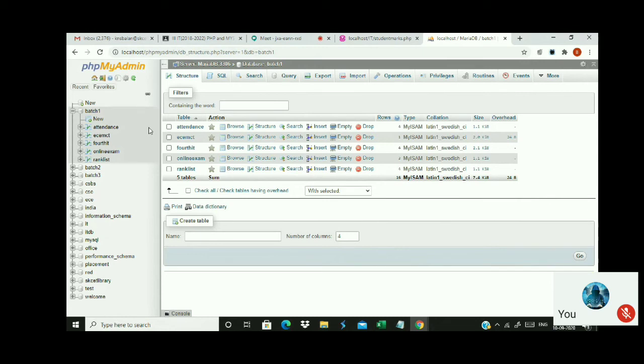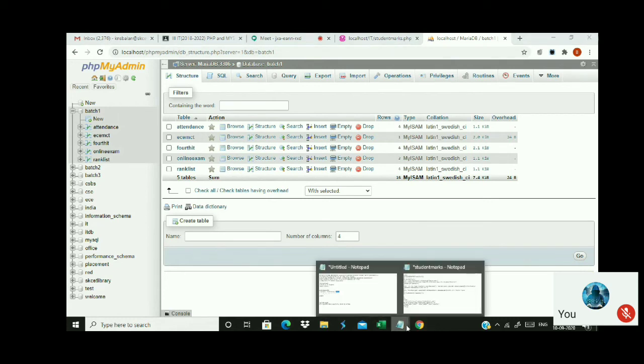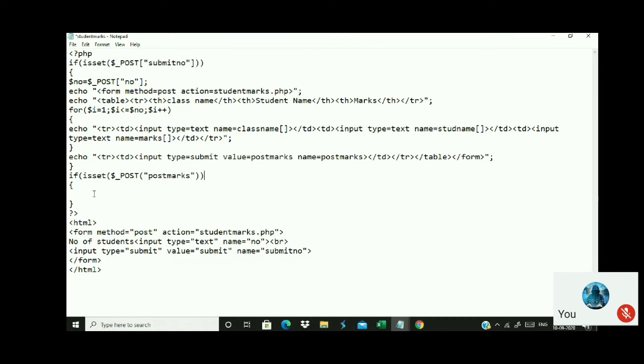So for that, what should I do? I have to verify whether the table is already created or not. If it is already created and you are creating it once again, what will happen? The existing table content will get erased and all the contents will go off. So the table will look fresh. Now that should not happen, isn't it? So what should I do? If the table is already created, I can push the data inside. If the table is not created, then I have to create the table. Now, what should I do to check whether the table is already created or not? I have to verify whether the table is created or not. So what should I do?